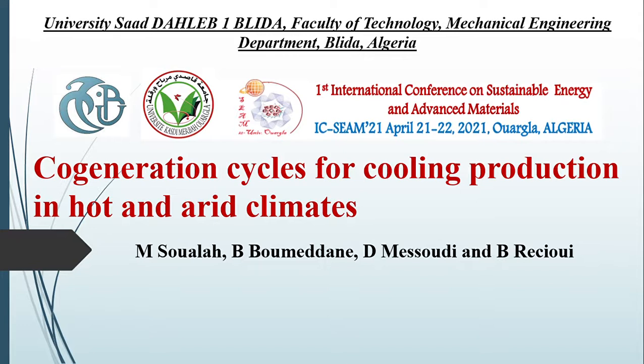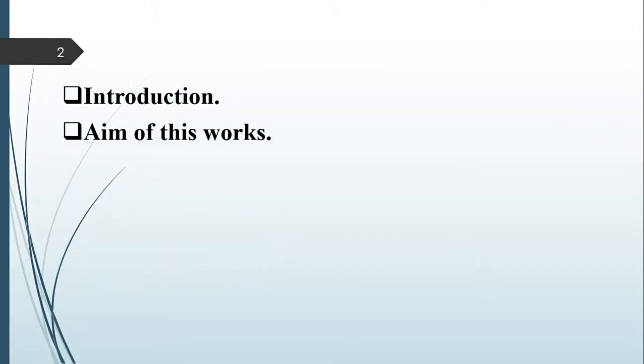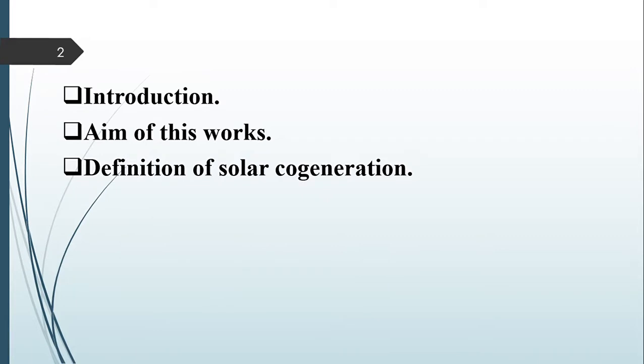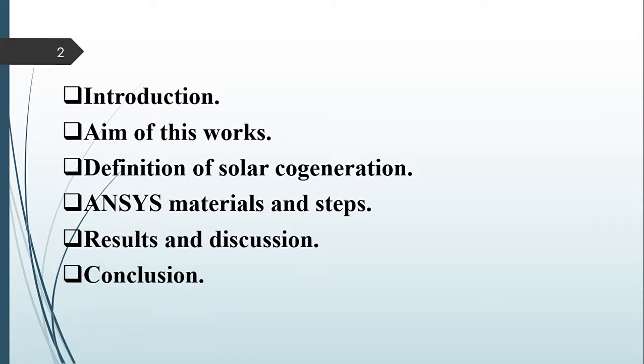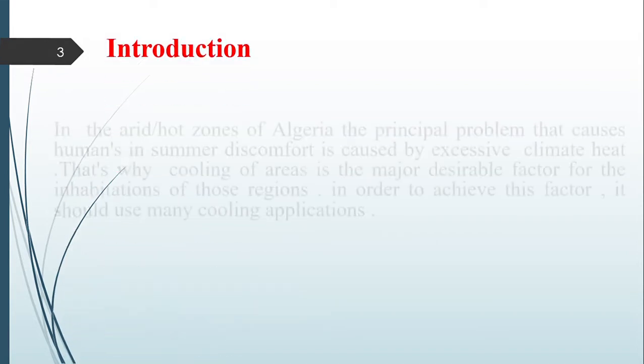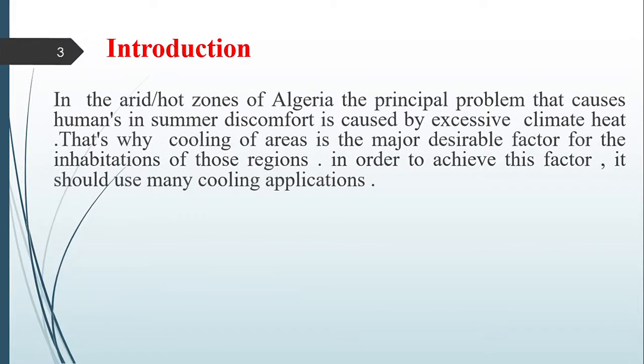The title is Cogeneration Cycles for Cooling Production in Hot and Arid Climates, presented by Munder Swaleh, Boussaad Boumeddan, Jilali Masoudi, and Bakhtar Shiwi. We have introduction, aim of this work, definition of solar cogeneration, ANSYS materials and steps, result and discussion, and conclusion. In the arid and hot zones of Algeria, the principal problem that causes humans discomfort in summer